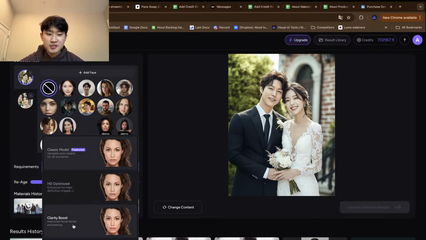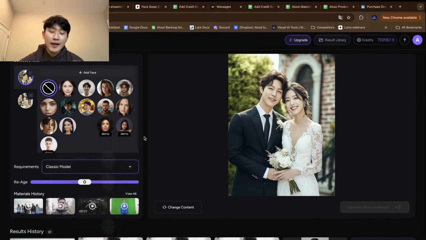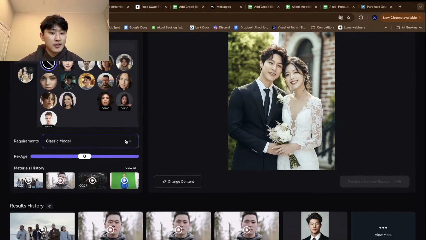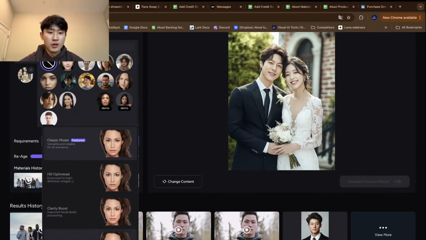It's just a step up from this, but we do have identity keeper, which is an entirely different model where it preserves the original photo likeness. So what you'll see is if you do face swap, it will be like you'll have the face swap, but you'll see the identities and